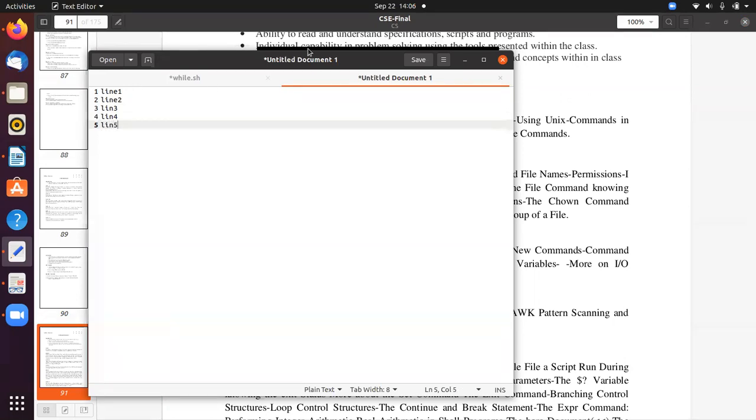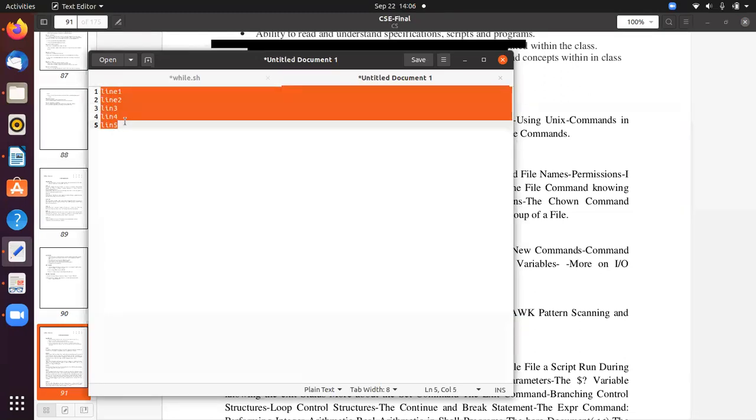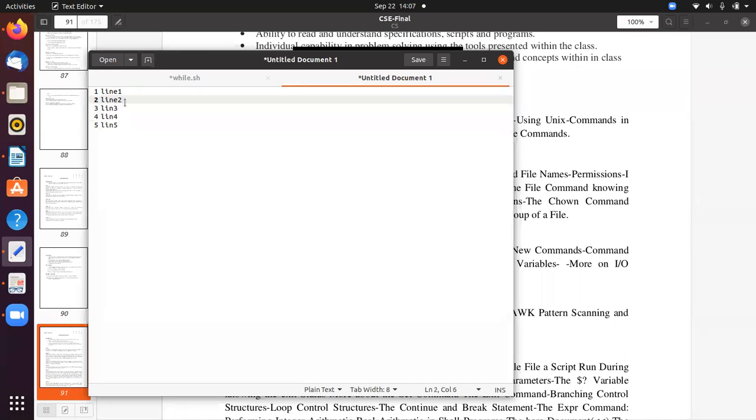Let us assume these are the 5 instructions. How can we execute them? We execute from line 1. After completion of line 1, we execute line 2. After that, line 3, line 4, line 5. That is the flow for this program.